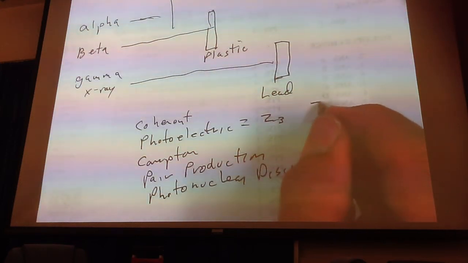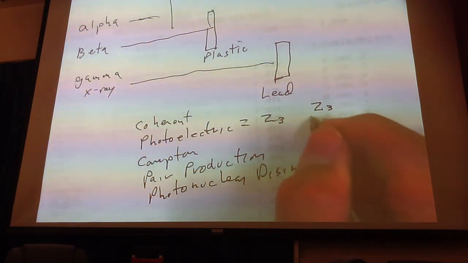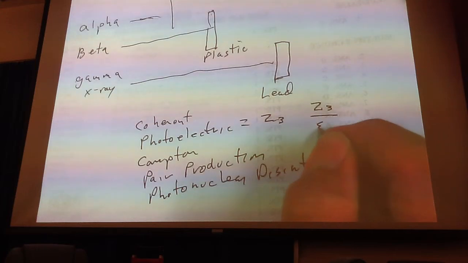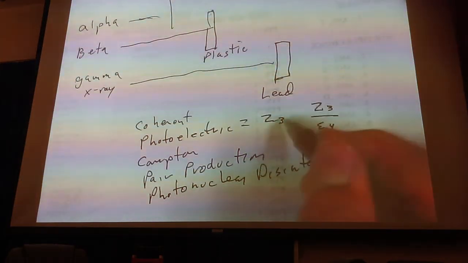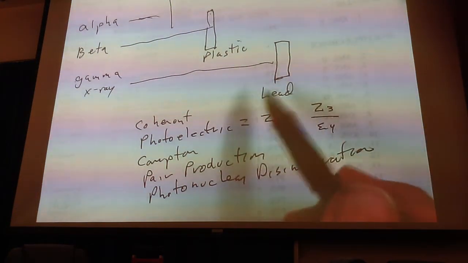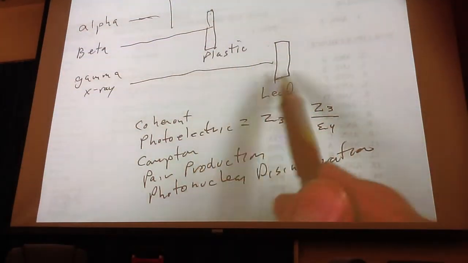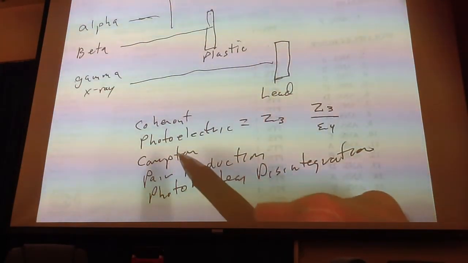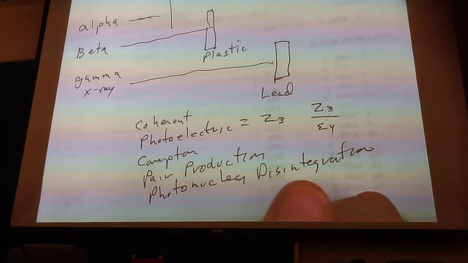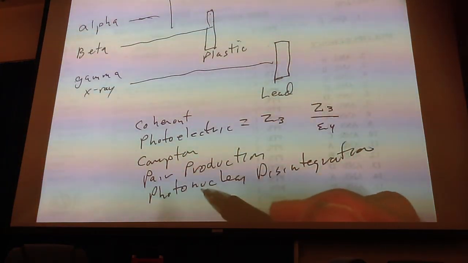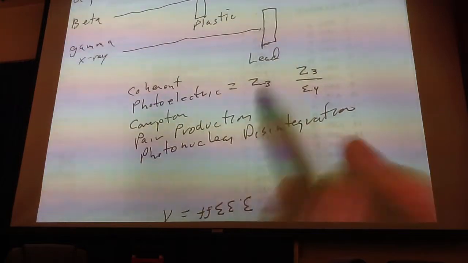There's another formula that you'll see. It's Z cubed over the energy to the fourth power, something like that. What it's basically telling you, though, is that for gamma rays, it's primarily the energy of the radiation that determines how much material we need to stop it. And in fact, if you remember,